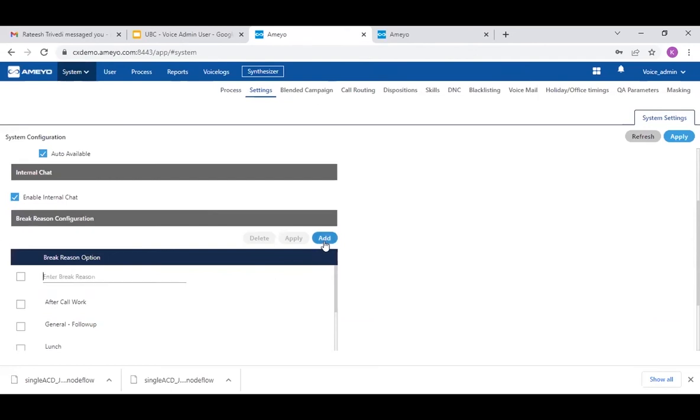Now let's suppose I wanted to add another break, a short break or a lunch break. So from here, I would be able to add that. Even I would be able to delete any kind of break which I do not wanted to give to that agent. Now, once you have added this particular break, from the supervisor, he will be setting the time for this break. As an admin, you will be defining or configuring the break according to your company use case or policy. As a manager, they will be defining the time. Based on that, the agent would be able to have a view what is the time for each and every break. So this is a system level configuration.